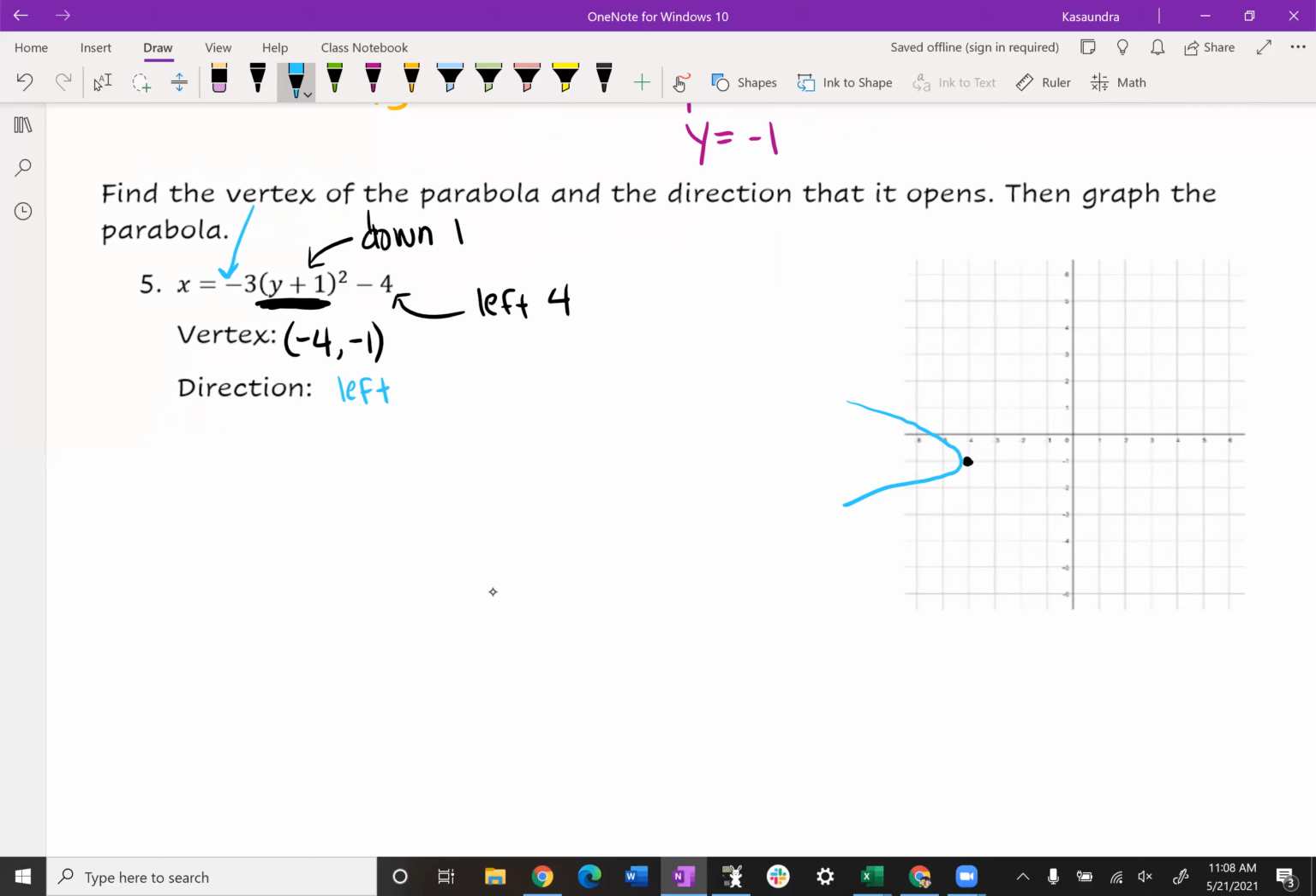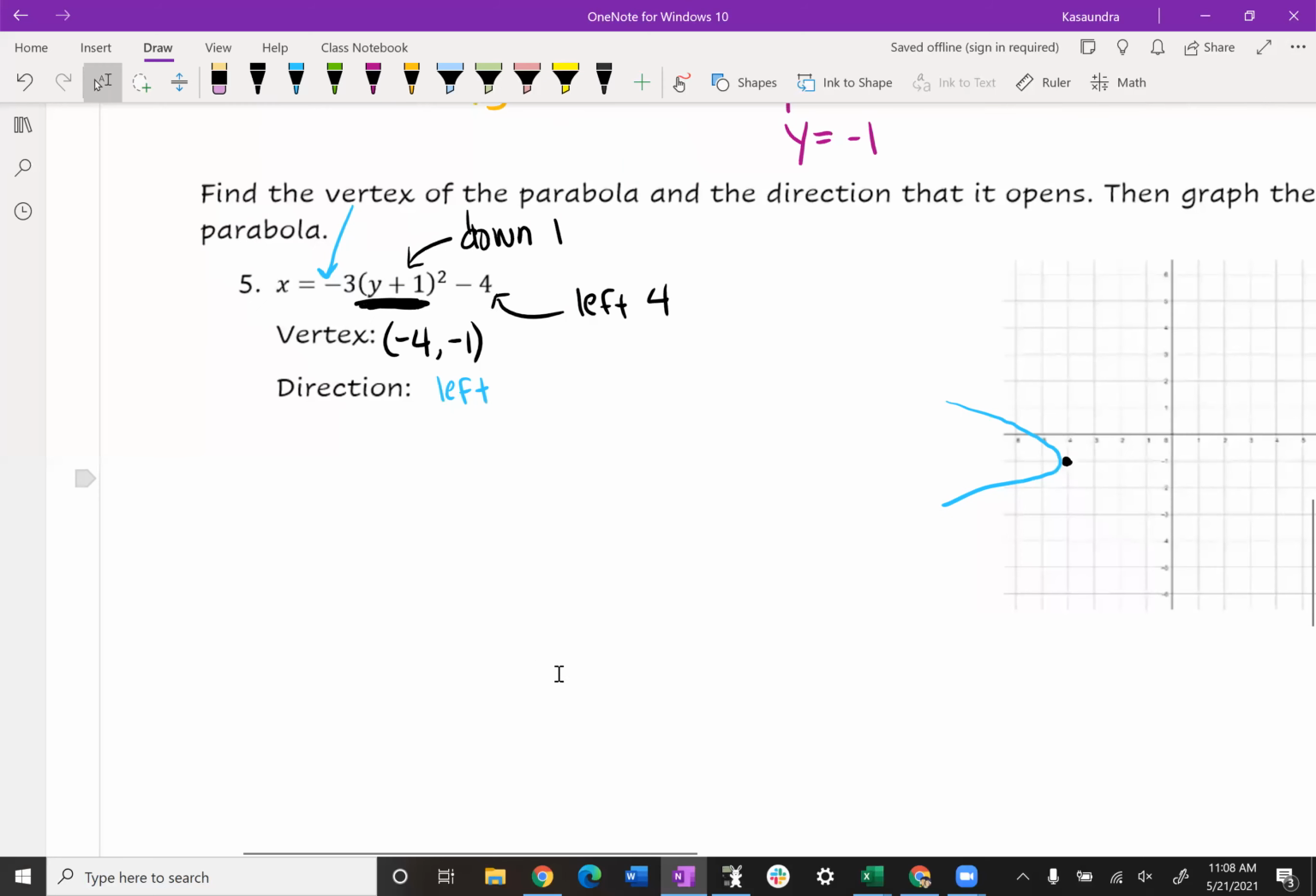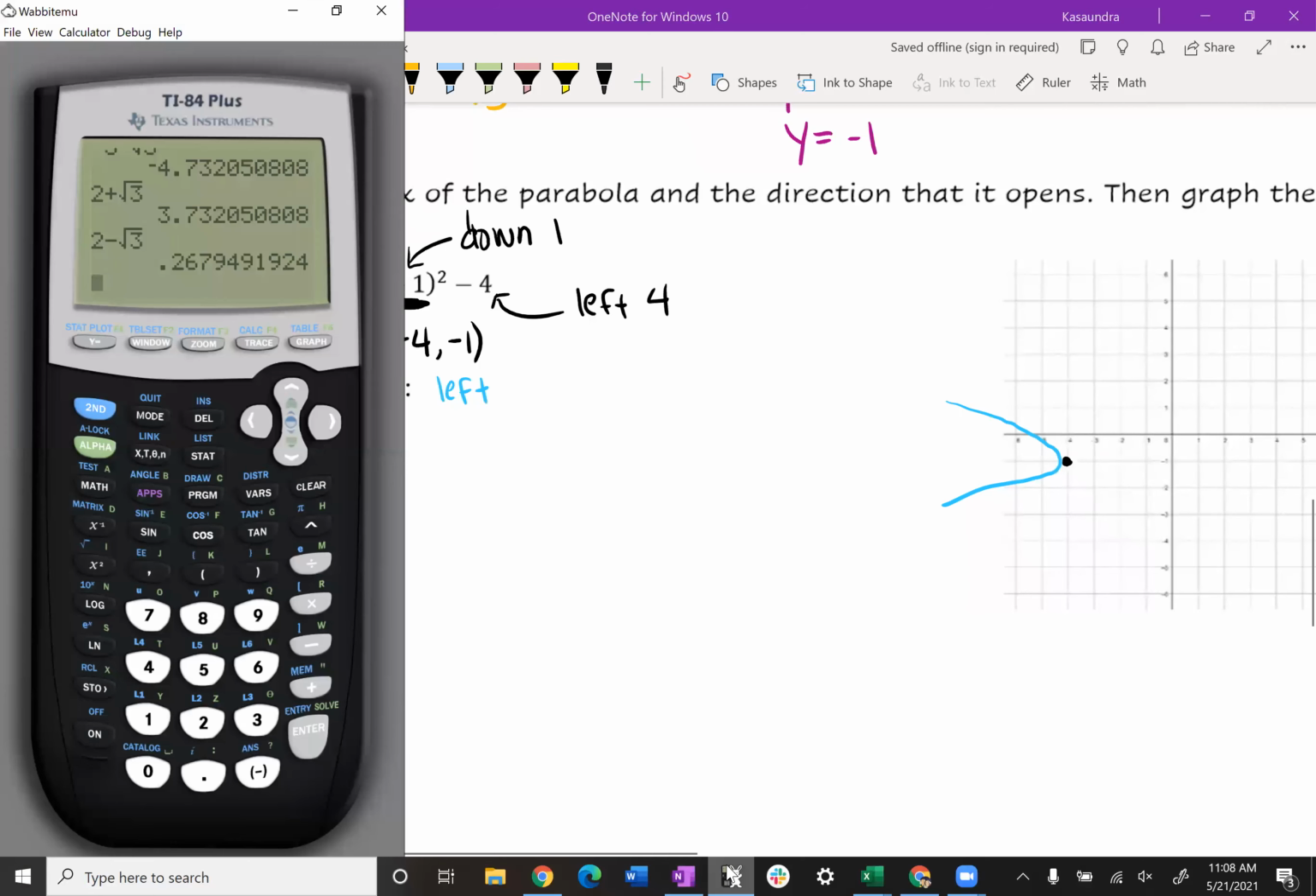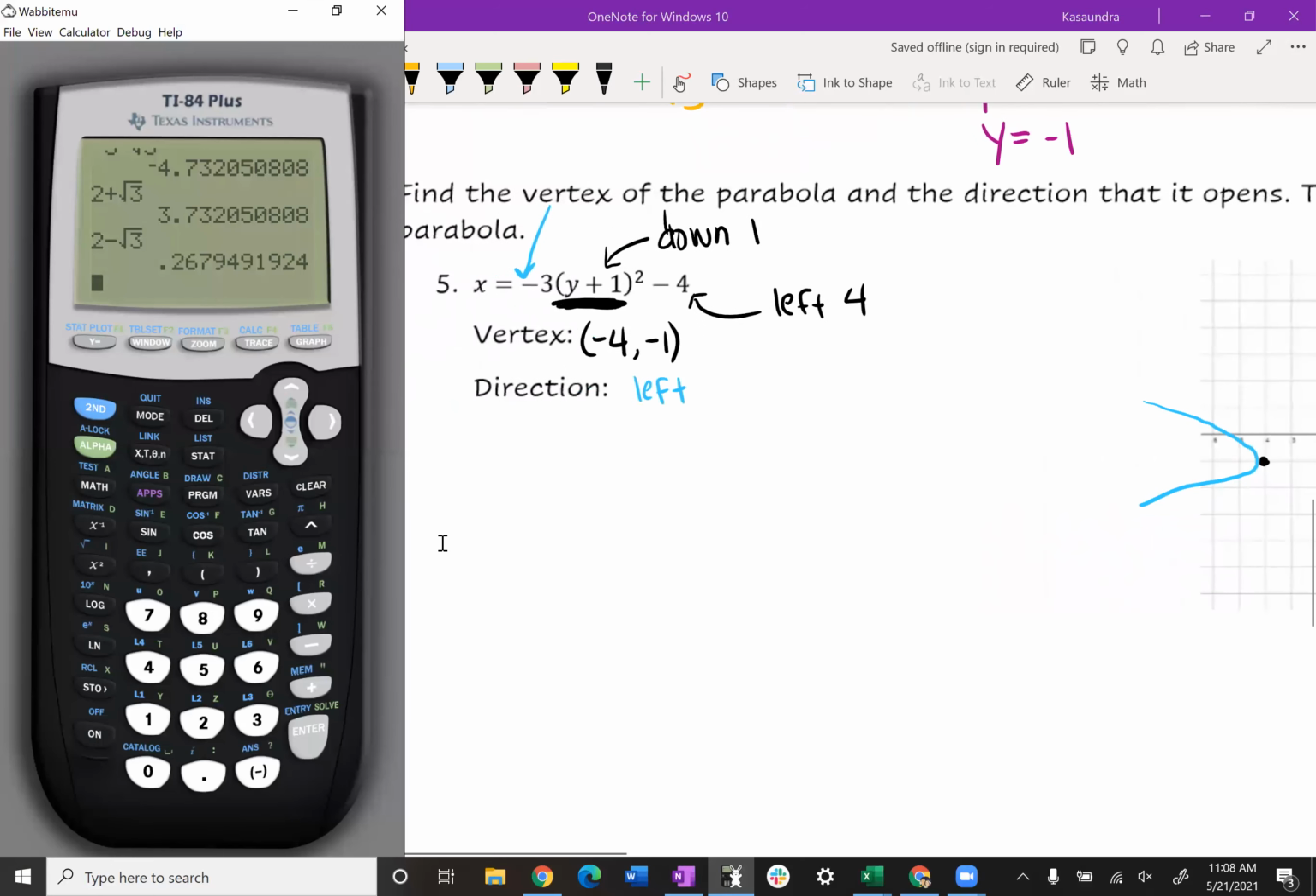Then graph the parabola. So right now it's not hitting very many specific points. Let's get a few specific points. Maybe I'll plug in a few numbers for my y. Again, I'm plugging in a number for y, not for x. Usually I plug in numbers for x. But I already know that at -4 I have the vertex. Let's sub in like a -5. So if my y value is -5,